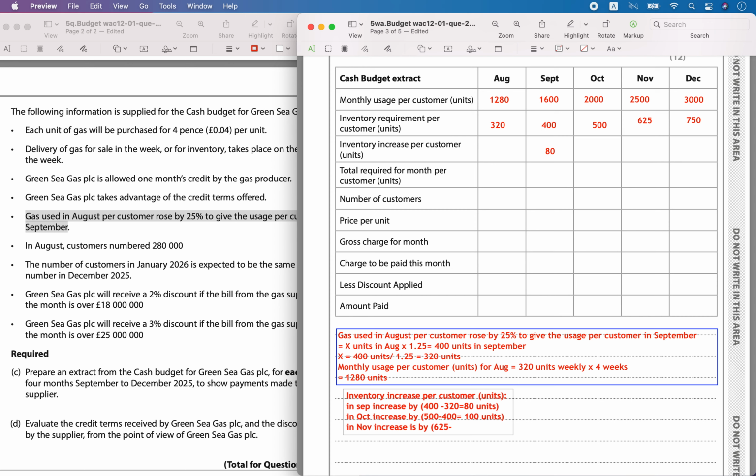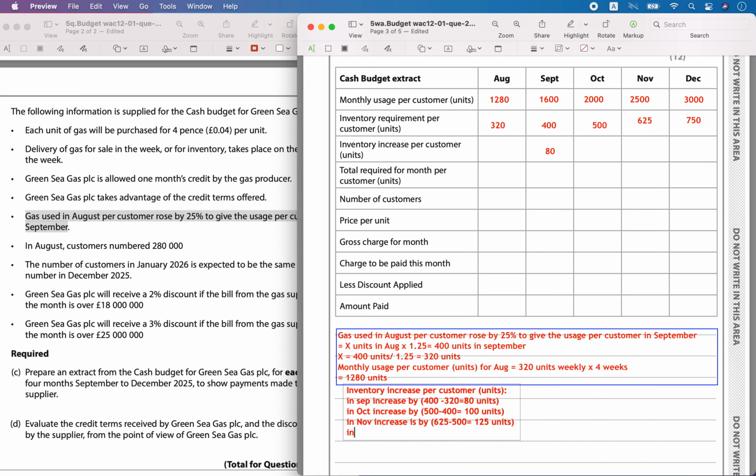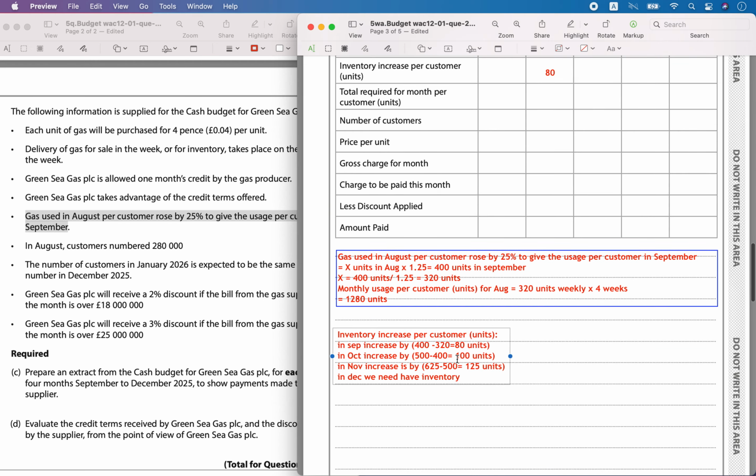Okay, and the extra unit is purchased. So the inventory increase per customer for each month is calculated. For the month of September it will be 80 units. For the month of October they would have been left with only 400 units, plus an extra 100 units they need to purchase, and in the month of November at the end they would have been left with only 500 units,